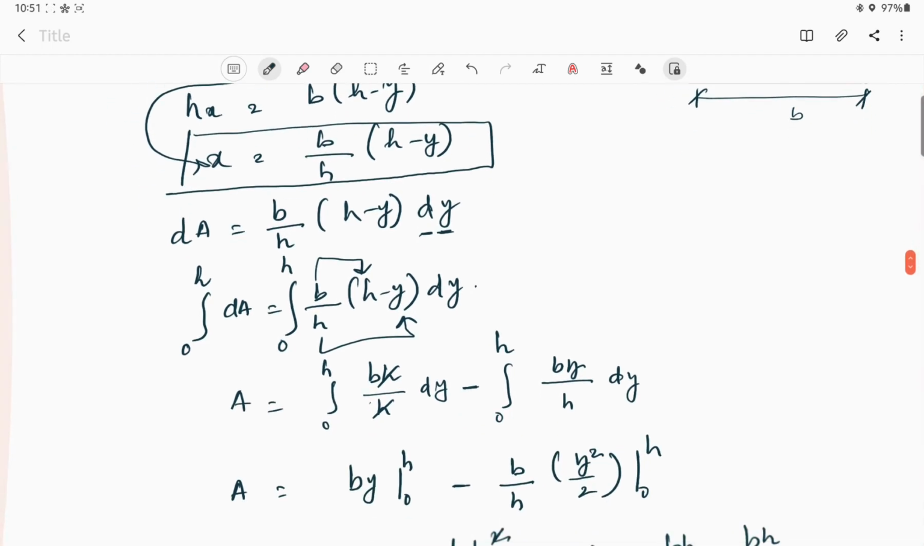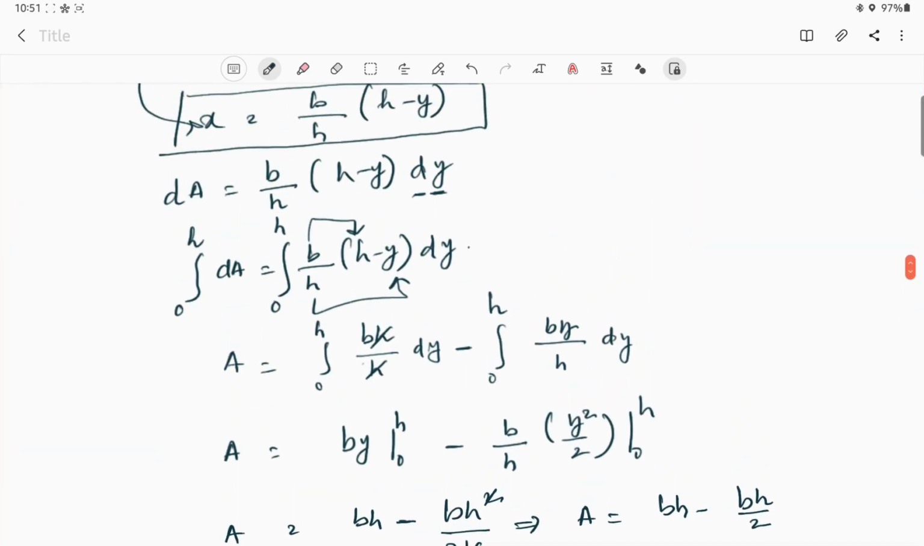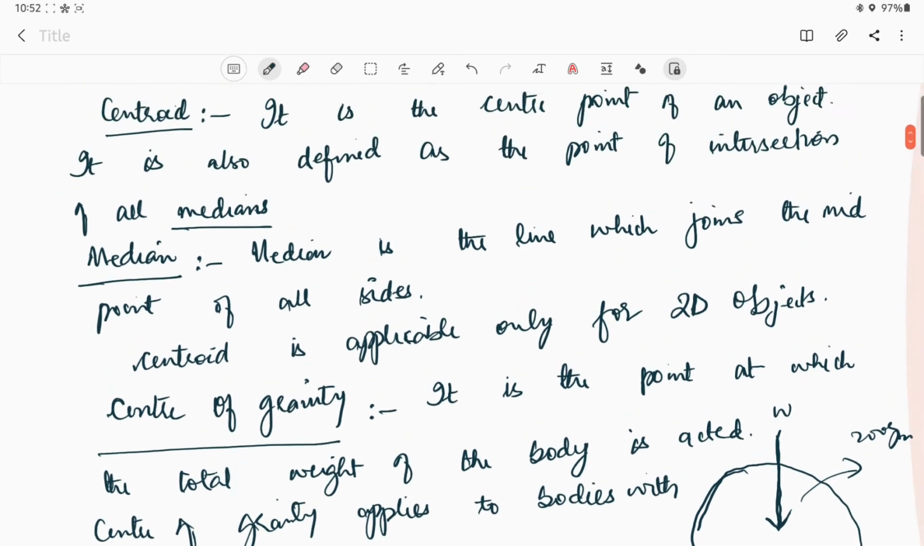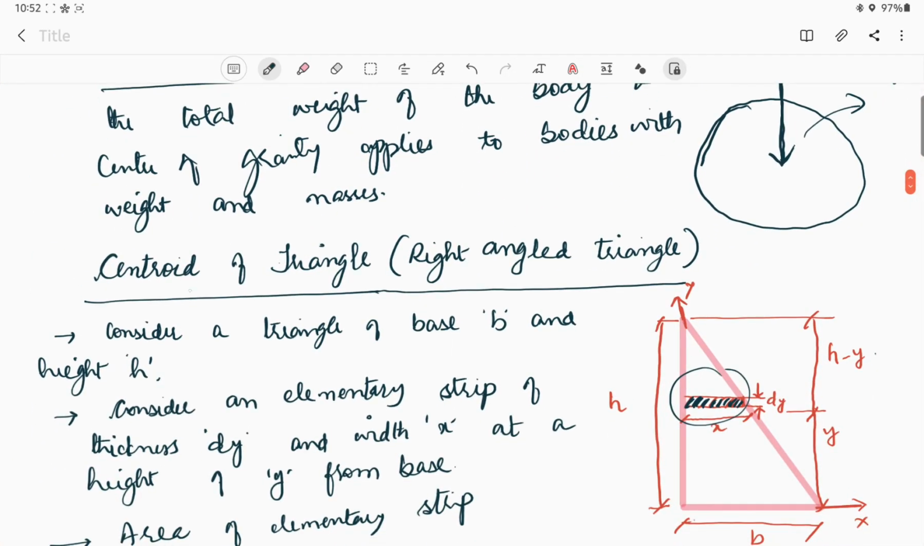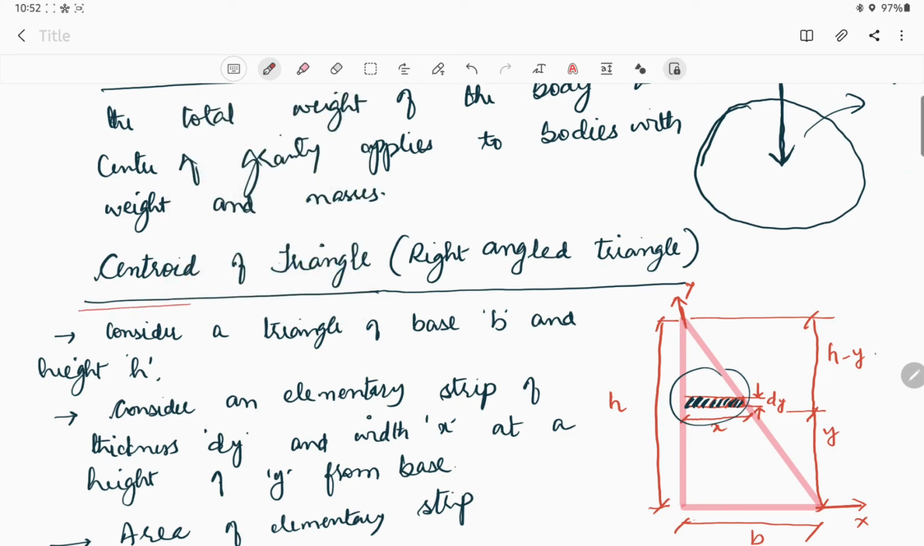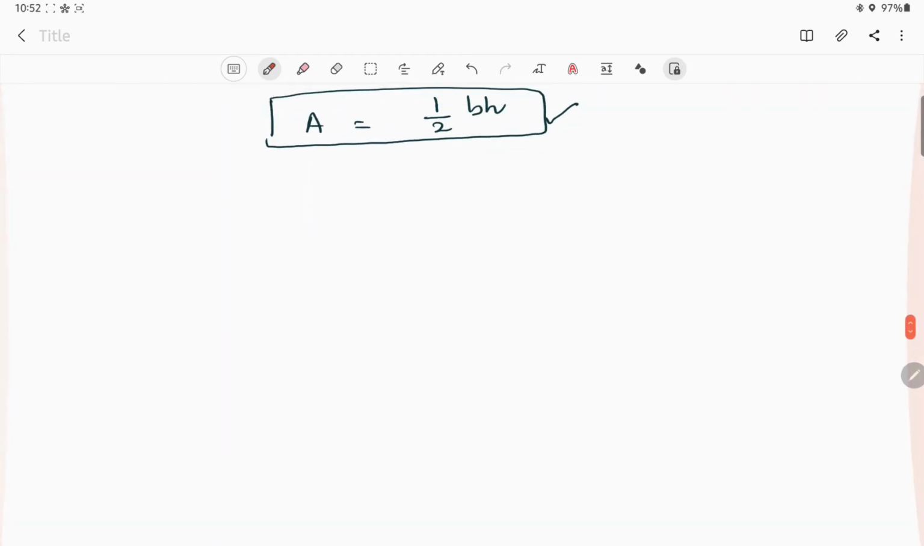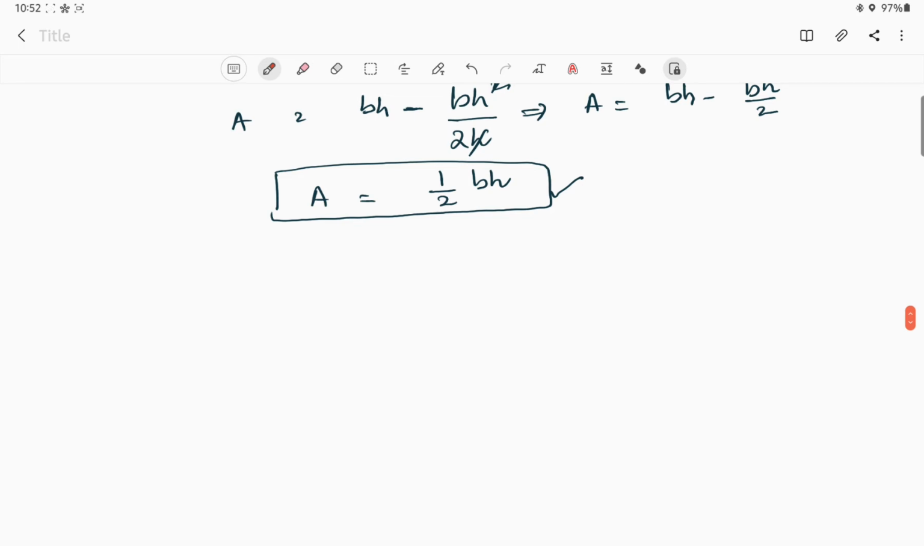Now once we calculate the area, we actually wanted to calculate the centroid, isn't it? We are supposed to calculate the value of centroid of this triangle. So first we have calculated area. In the next step, we will calculate the centroid. So for the centroid,